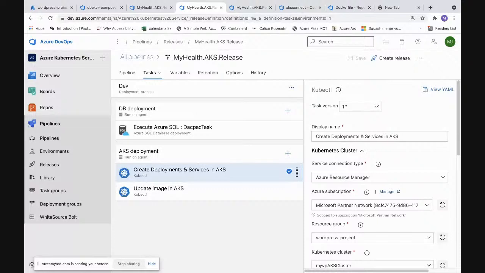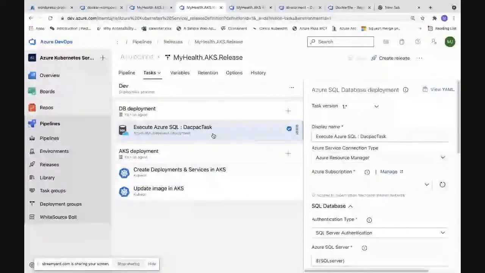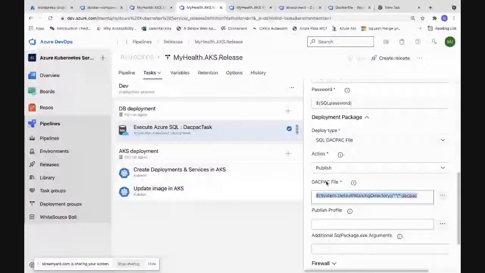So for that, you will have to use a task associated with this. Here you are executing a task. It is just copying the files. Instead of that, you can choose a different task here. So I'm publishing a DACPAC file. Your task has to be different. If that task exists in Azure DevOps, to be very frank, I've not used that task before.